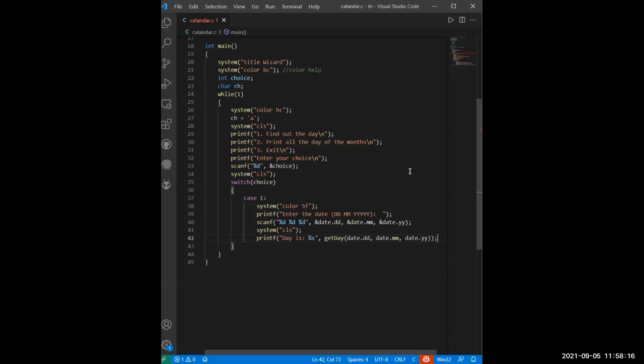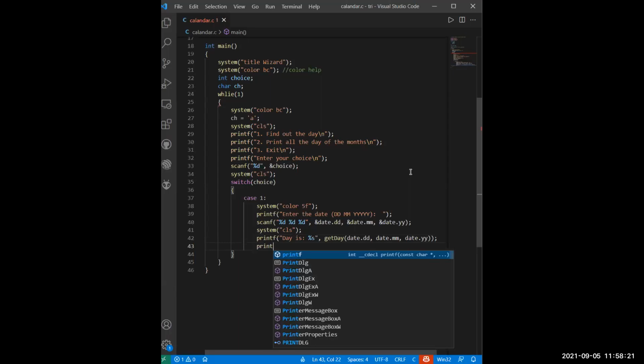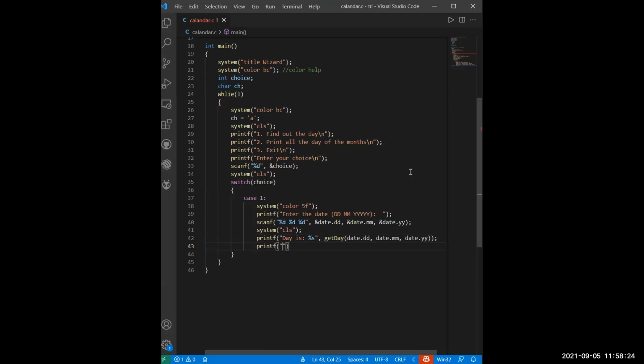Close it, of course. Don't forget the semicolons. Semicolons give one of the worst errors during programming. So now what we can do is, after we have printed the date, we can give a continue prompt: print "press any key to continue". And for this statement to work,